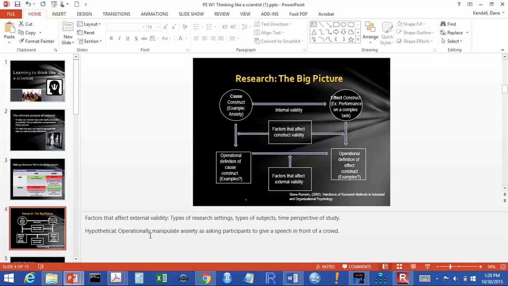So let's say, just as a hypothetical, you are going to manipulate anxiety in a certain way, and that way is that you have looked at the research and seen that one of people's biggest fears, at least in the US, is that they fear public speaking. And so what you'll do to raise anxiety is tell your participants that they will come to the lab and they will have to address a crowd of people about a certain topic. And then you check their anxiety levels to see if your manipulation worked. Now, if we think about this